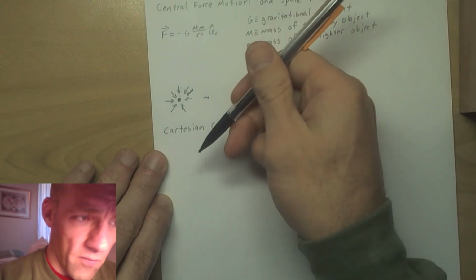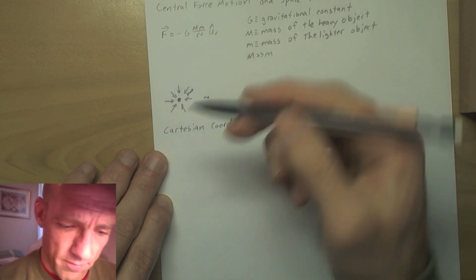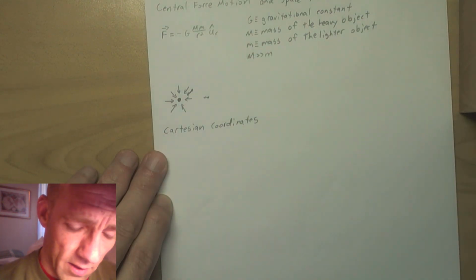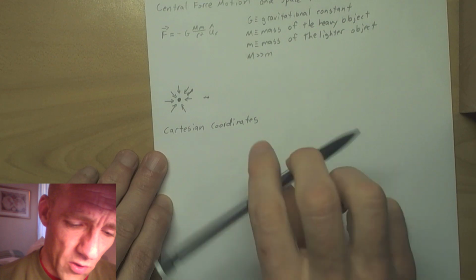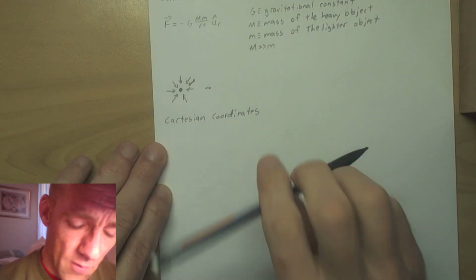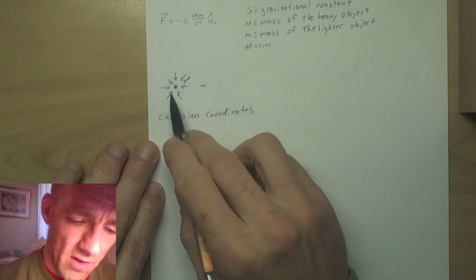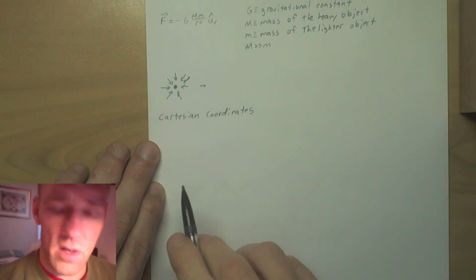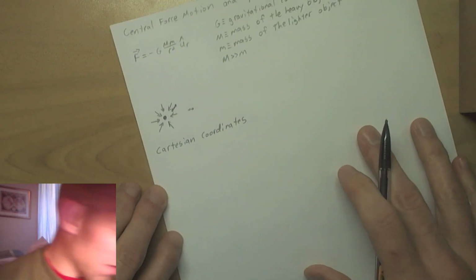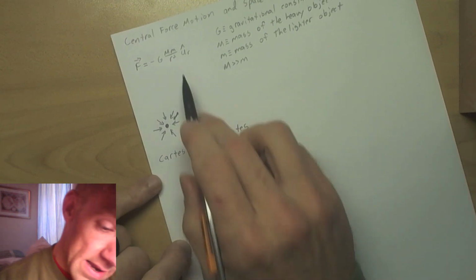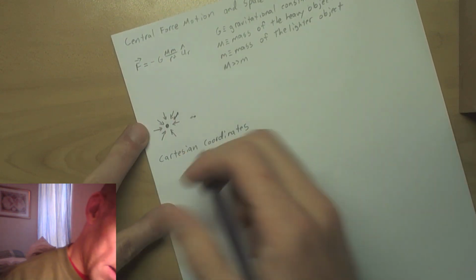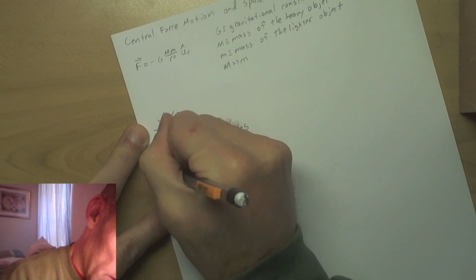Regardless of where you are, the force is always pointing towards the center, towards the heavy body. If we try to write it in Cartesian coordinates, you're going to see that we're not taking advantage of that symmetry. So if we write this in Cartesian coordinates,